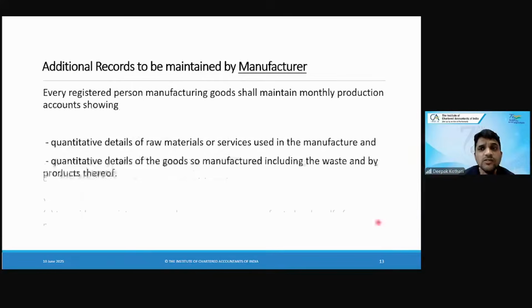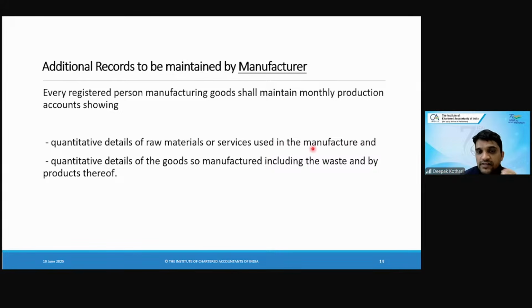Next, what are the records to be maintained by a manufacturer? Manufacturer तो by purchase and sale of goods करता ही है, उसका records maintain करेगा। उसके अलावा additional records what he will maintain shall maintain monthly production accounts। तो इसको monthly production accounts बनाना पड़ेगा of the quantity details of